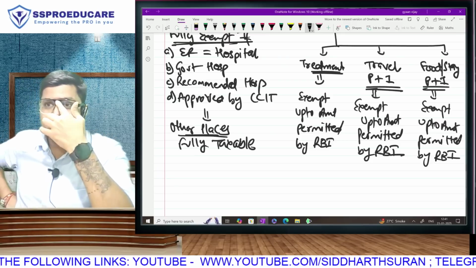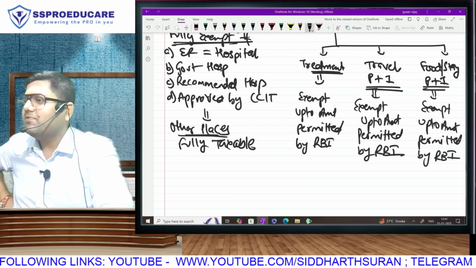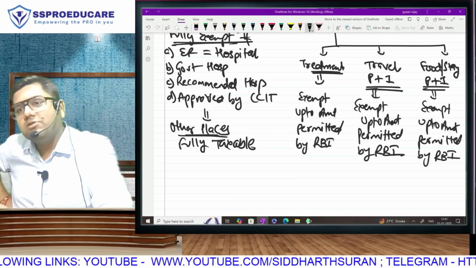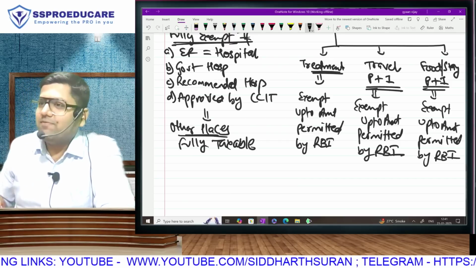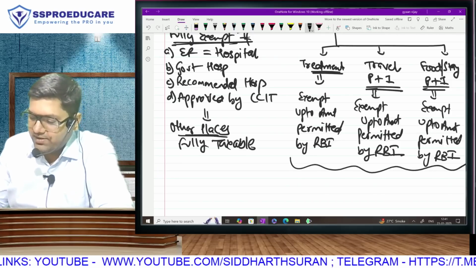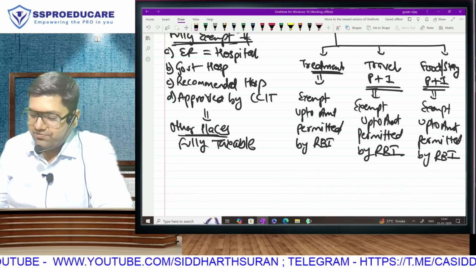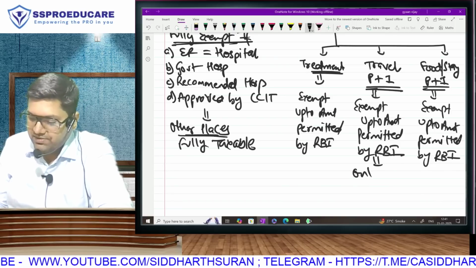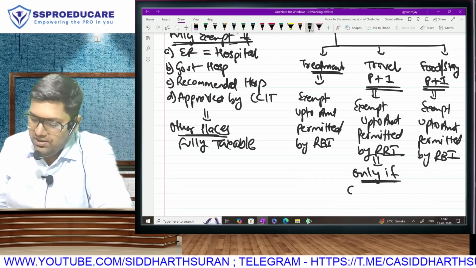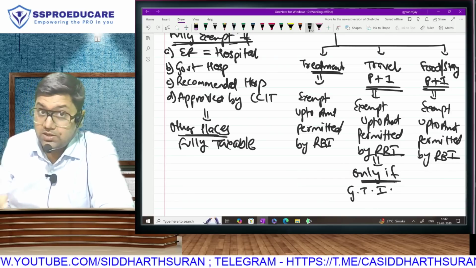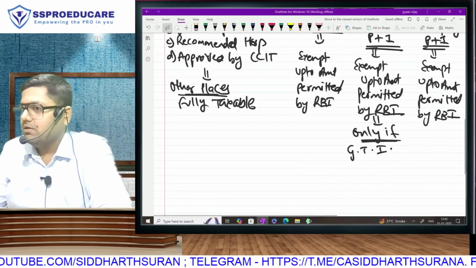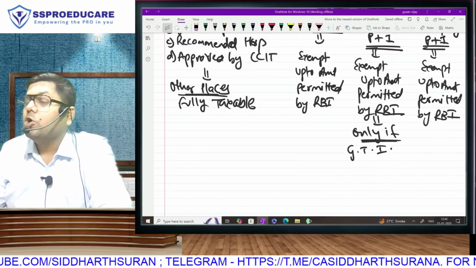Sir, it is looking the same, but now it will become different, bro. If it was the same, then I wouldn't have written it thrice. I would have just made an arrow here and said exempt up to the amount permitted by RBI. Obviously, there is some difference: this exemption will be given to you only and only if your gross total income, open your eyes and observe carefully, not your salary income, gross total